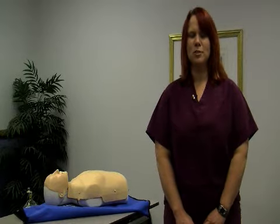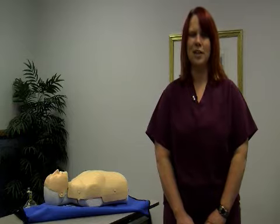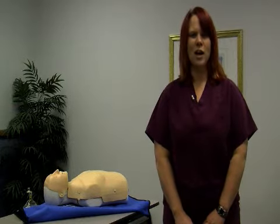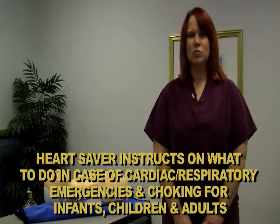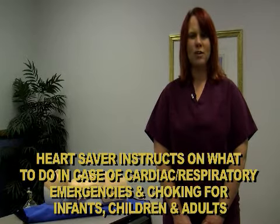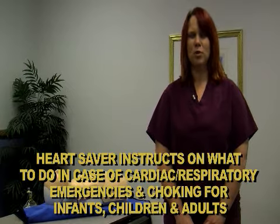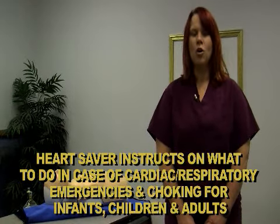That is a major difference between the classes that we're required to take as medical professionals and the classes that we offer for the general public. There is no written test. Heart Saver is a great class. You can learn to treat adults and children and infants who are having a cardiac or respiratory emergency, and also who are choking. So all those great things with infants who are choking and people don't know what to do, we do teach you what to do in a Heart Saver class for a choking infant or a choking adult